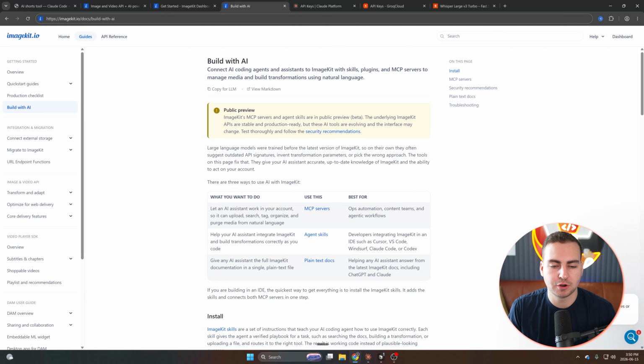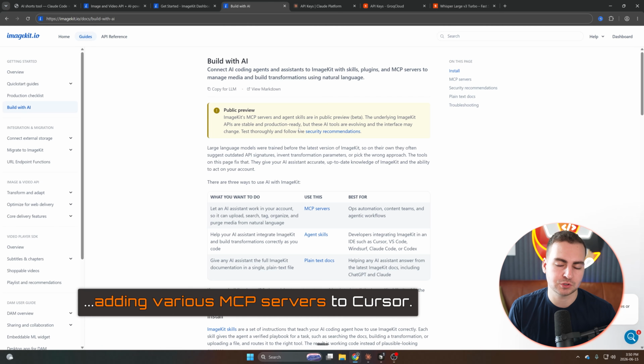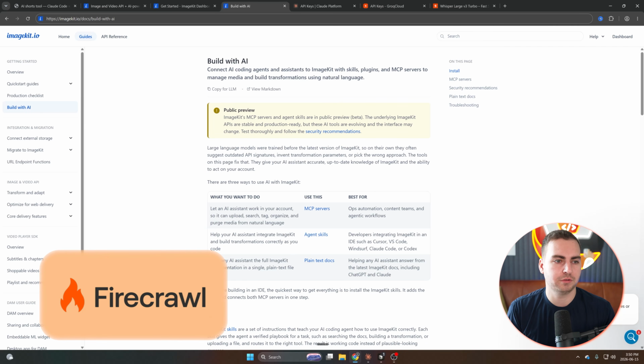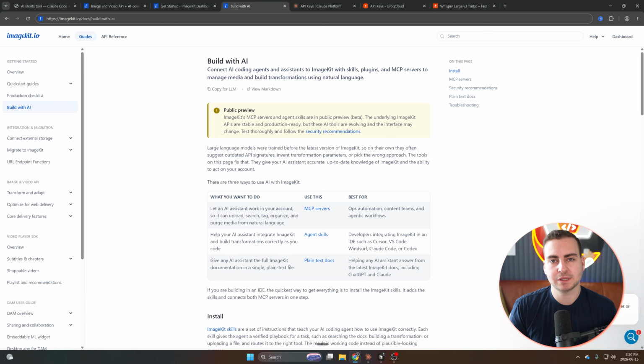Now, what we're going to do next, after this finishes our planning prompt and we get that initial context, is start adding various MCP servers to Cursor, which is what I always do based on any of the tools we're using. A lot of the tools that exist, think Firecrawl, all of these new frameworks, probably have an agent skill or some kind of MCP server that helps explain to the model